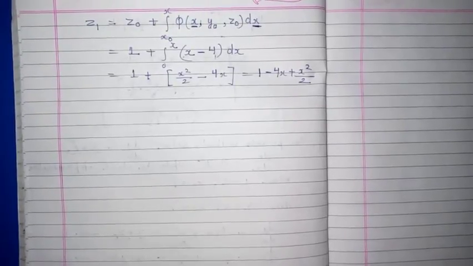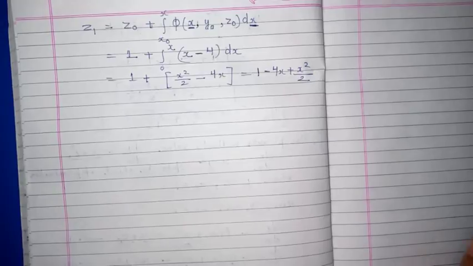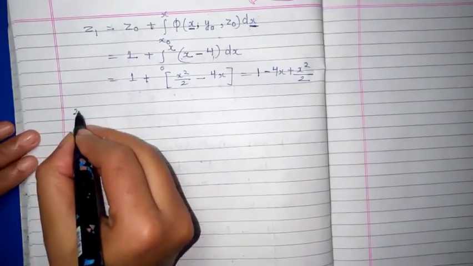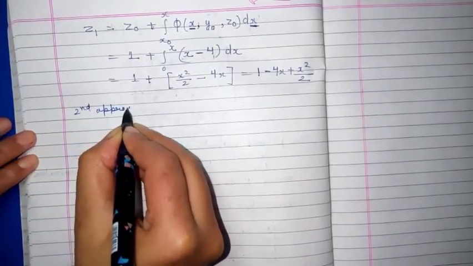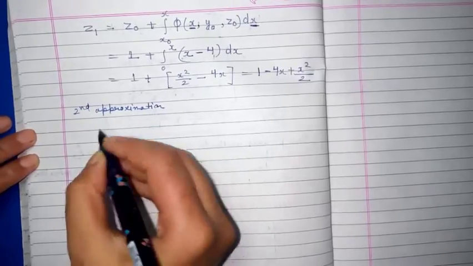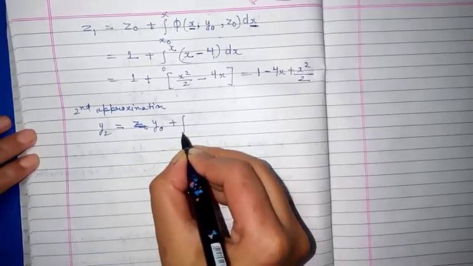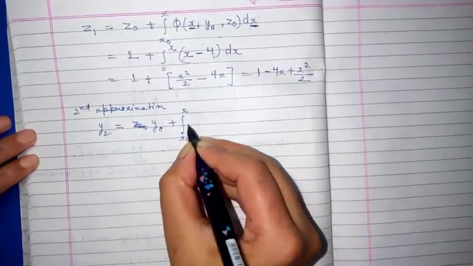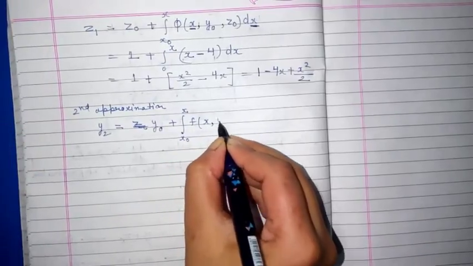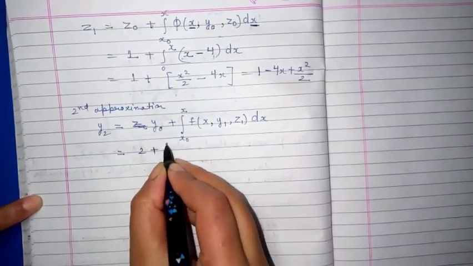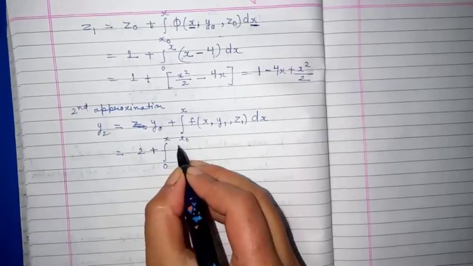So students, I hope that you can find the value for the second approximation and third approximation. I am not solving it here. I think you can solve this properly, because it's nothing difficult. Now similarly you have to find the value; I am explaining the second approximation. You will do it like this: y2 equals y naught plus the integration from x naught to x of f(x, y1, z1) dx, where we do not change x.